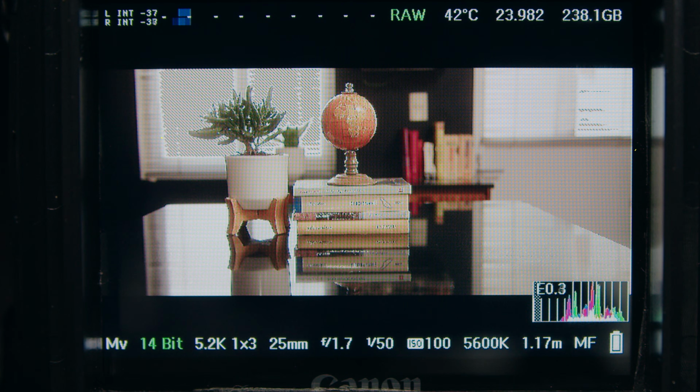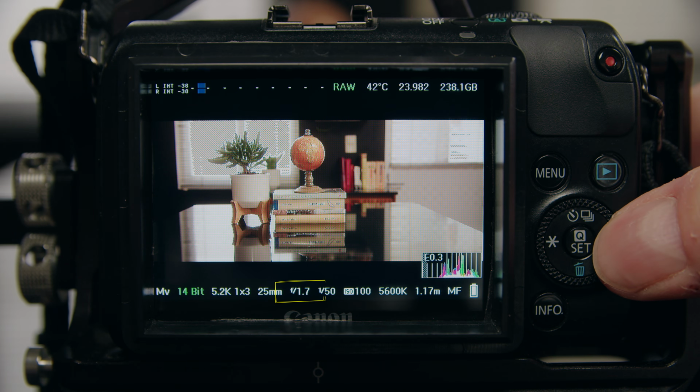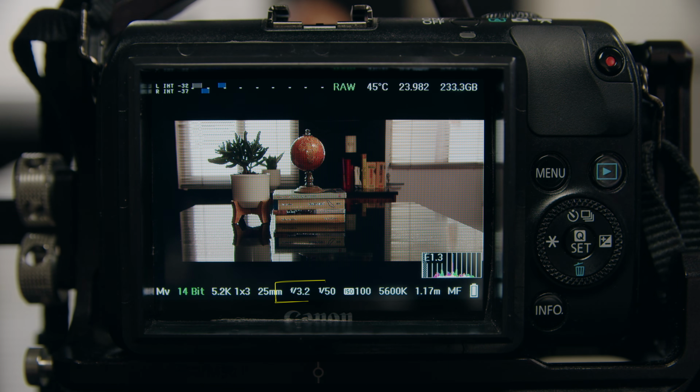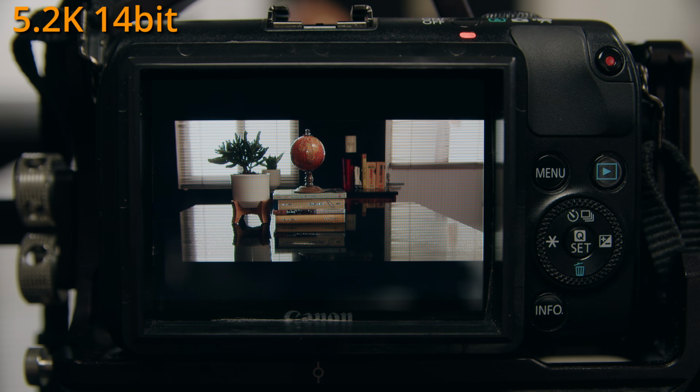With these settings, it's very important to set the correct exposure. Especially, we must not have clipping lights in the image. You can help yourself with the zebra function. To eliminate the clipping lights from the windows, I close the diaphragm a little until the zebra disappears. Let's start filming and see what happens.